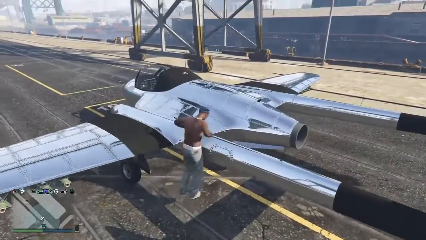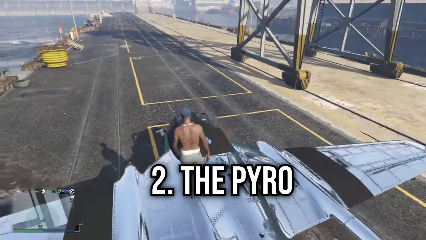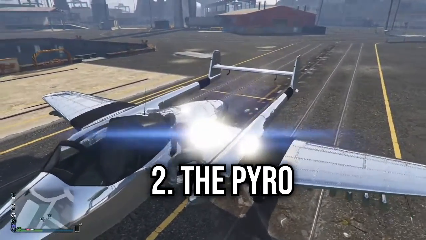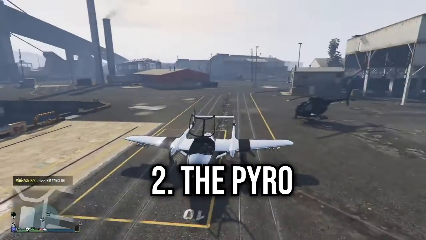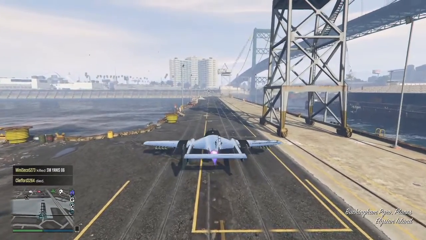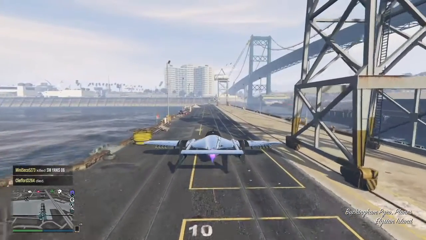And for number 2 on the list, I have decided to go with the Pyro. The Pyro is probably the fastest jet in the game. There are a couple of other vehicles which are similar in speed, but I'm pretty sure the Pyro actually does beat them. A great thing about the Pyro is that it is actually a 2-seater plane or jet, so